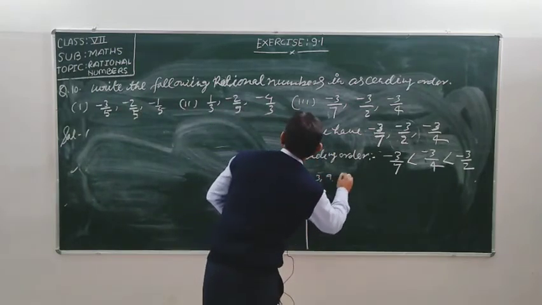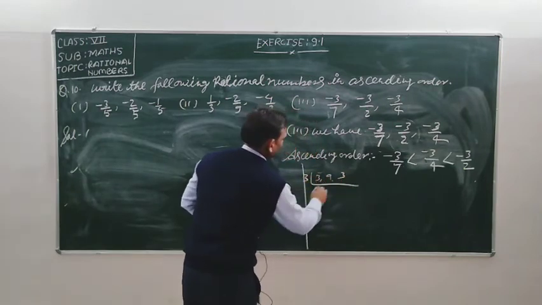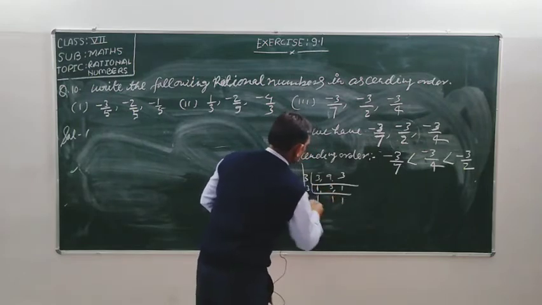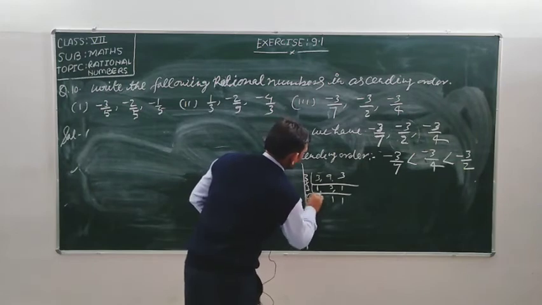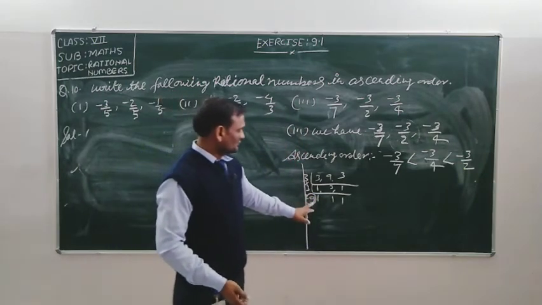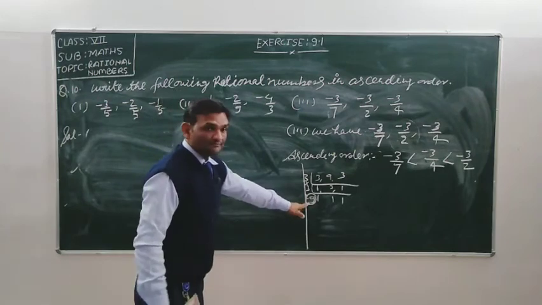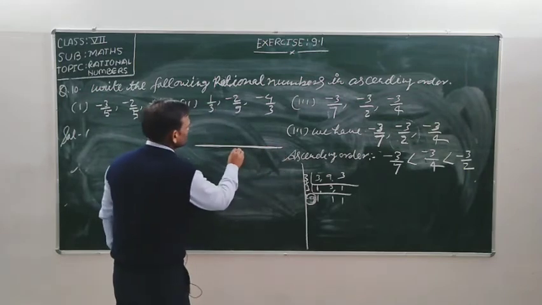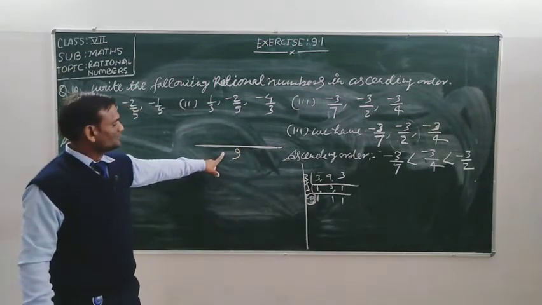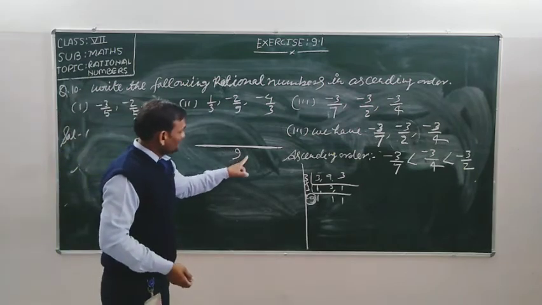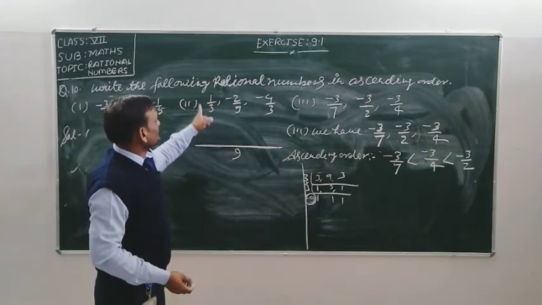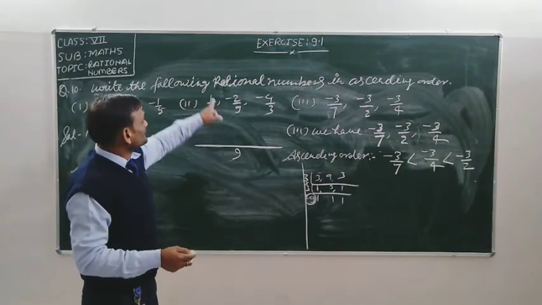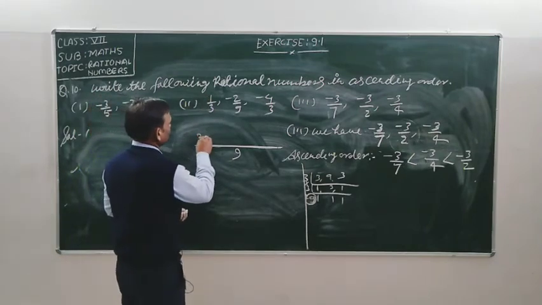3, 9 and 3. 3 ones are 3, 3 threes are 9, 3 ones are 3, that is 3. 3, 9. LCM is 9. 9 is the LCM. So firstly we draw a line below all these rational numbers and we write the LCM below this division bar. And we divide 9 by the denominator of the first rational number. 3 threes are 9, and by the quotient we multiply the numerator. 3 ones are 3. 3 into 1.